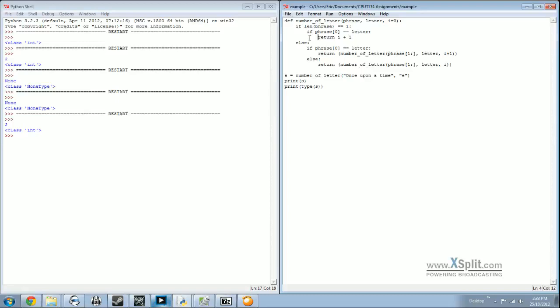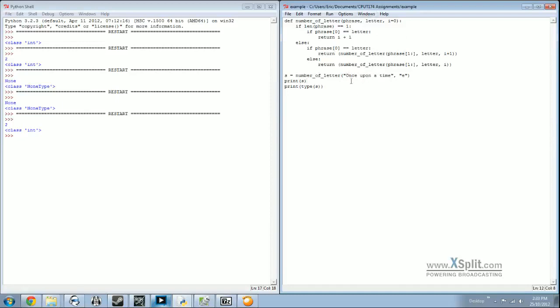So as you know from class, what recursion does is that this function will call itself again with a modification to whatever is passed into it. So in this case, for my function, I want to count the number of letters, in this case E, that is inside a phrase I'm going to pass into it, in this case "once upon a time". So my base case is that when the length of the phrase is equal to 1, then I want to return back the